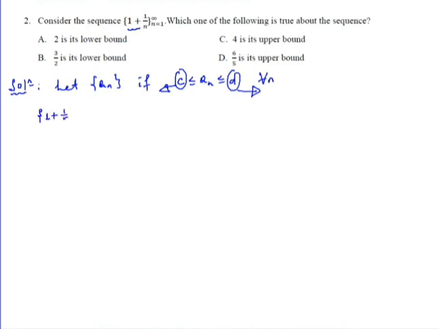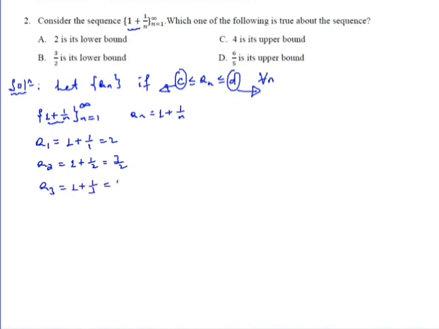Okay, so having said this, let me return to the question. Our sequence is 1 plus 1 over n, where n starts from 1 up to infinity. So let's see what it looks like. The first term, putting n equal to 1, is 1 plus 1 over 1, which is 2. The second term is 1 plus 1 over 2, which is 3 over 2. The third term is 1 plus 1 over 3, which is 4 over 3. This is 1.5, this is 1.33. The fourth term is 1 plus 1 over 4, which is